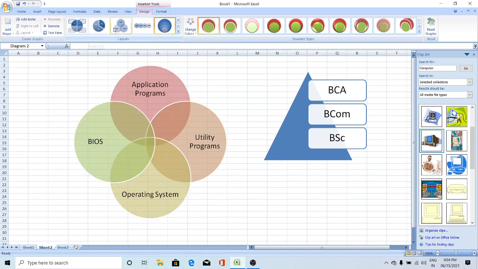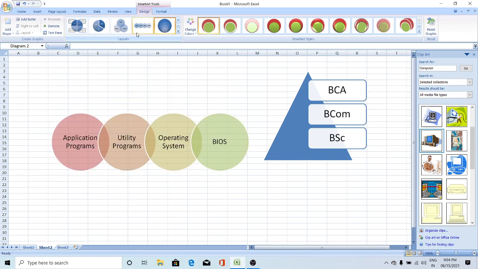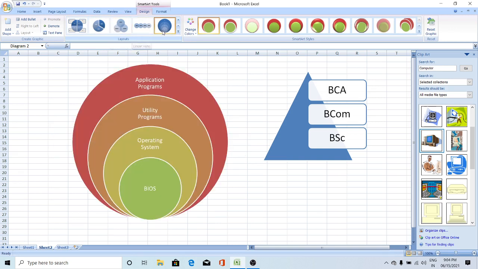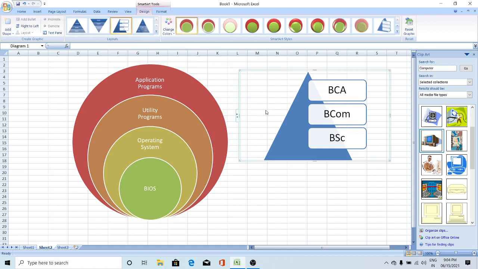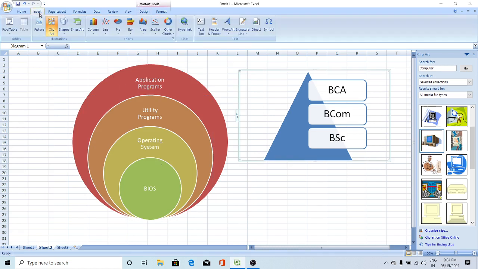And the same Smart Art you can change like this also. Okay, so pie chart like that. Okay, we have taken this picture. Like this you can insert. Okay, this is a Smart Art tool which is there in the Insert Illustration group. Okay, these are the major options: picture, clip art, shapes, and Smart Art. Okay, like this you can insert various types of picture, clip art, shapes, Smart Art to your worksheet.